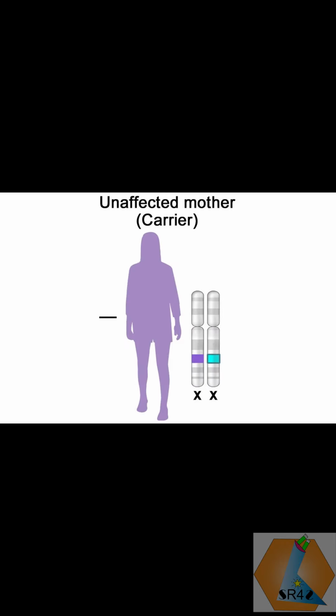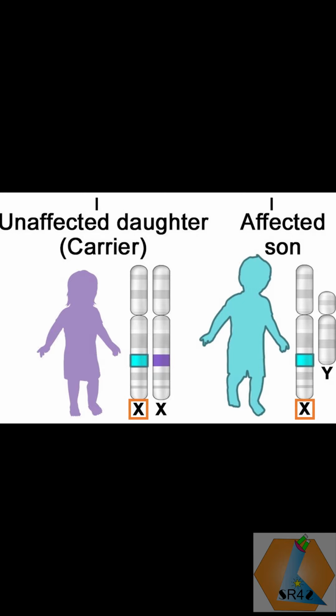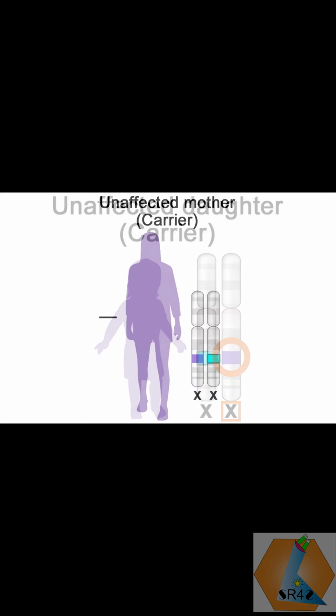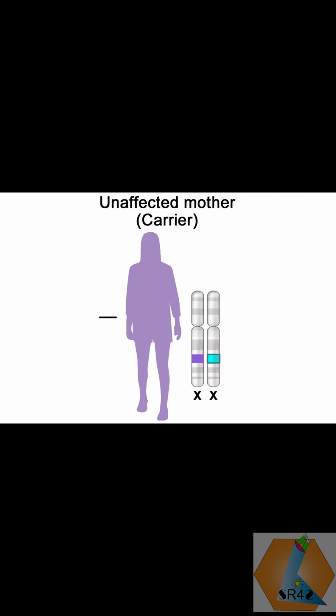If you have the mother who just by chance supplies her mutated gene to either the daughter or the son, the daughter is going to be a carrier because she has the gene and she also has a healthy X chromosome that she has inherited from her dad, so she is likely going to express that healthy chromosome under normal circumstances. However, since the mom can only give an X, if she gives that mutated X chromosome to her son,